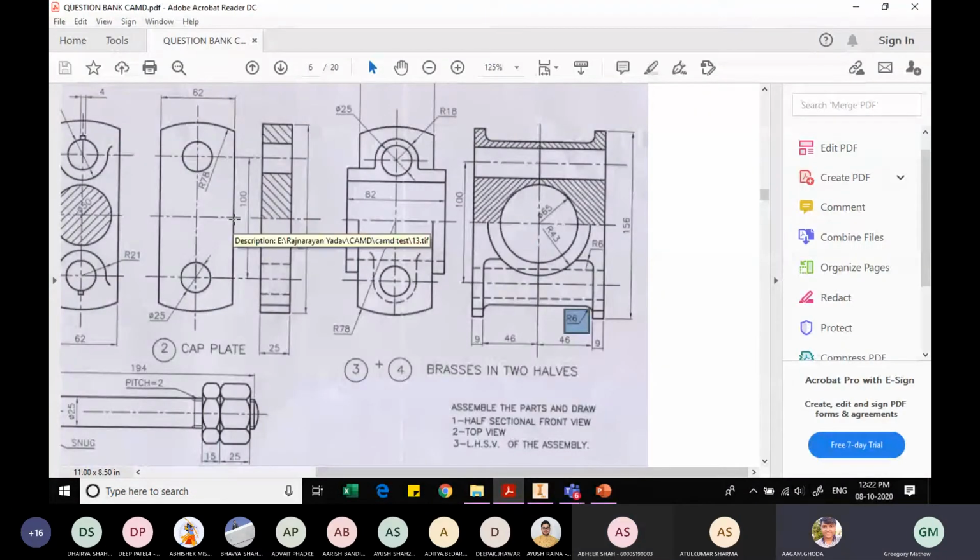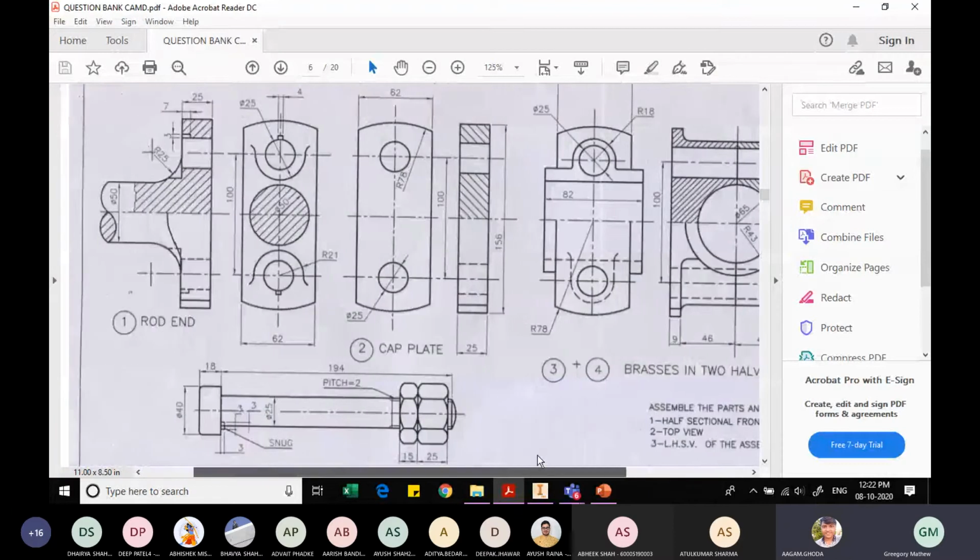Sir, check the screws now. Let me check here first. It said it is 3, 4/3, and the diameter is 25.